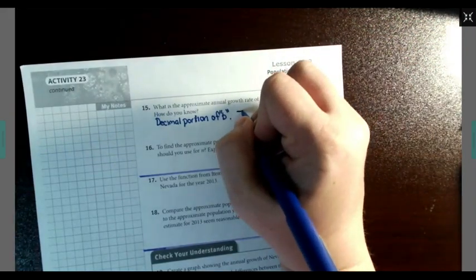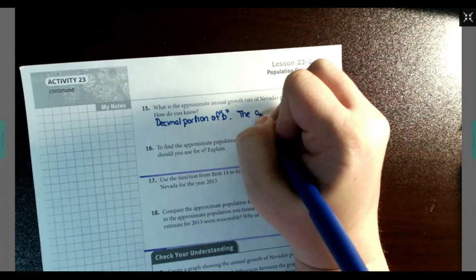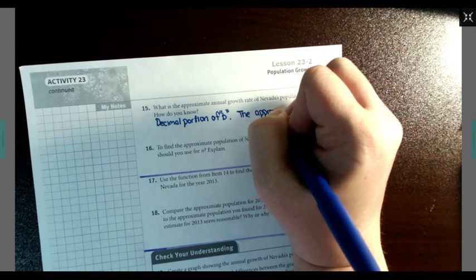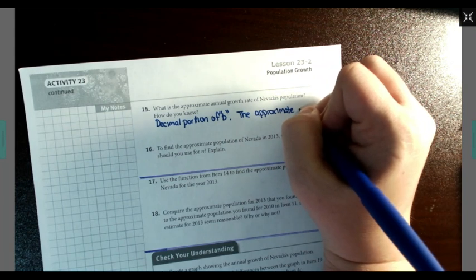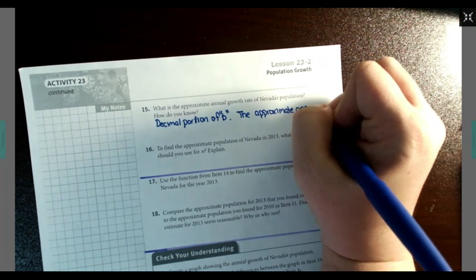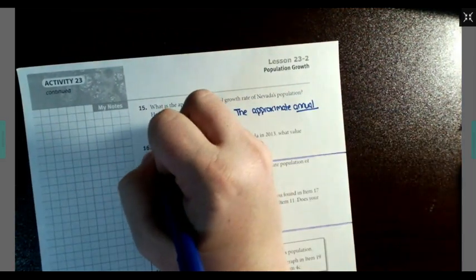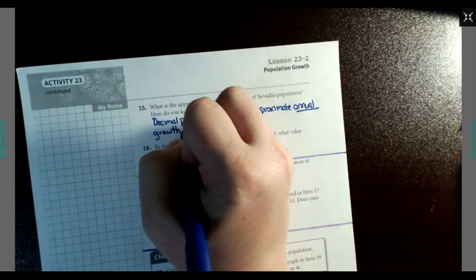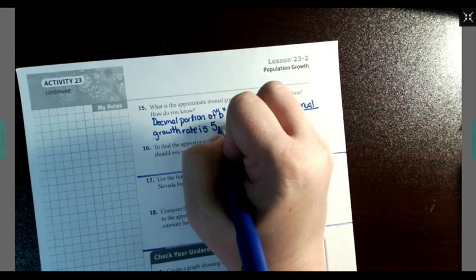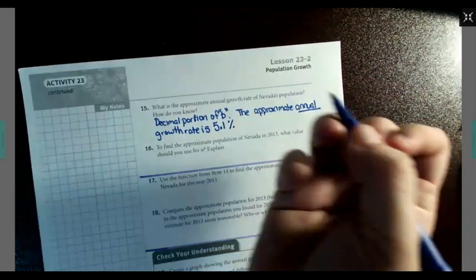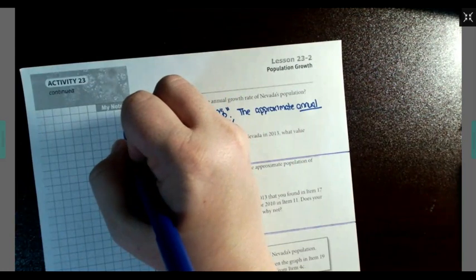So that is the approximate annual growth rate is 5.1%. Because remember, it was